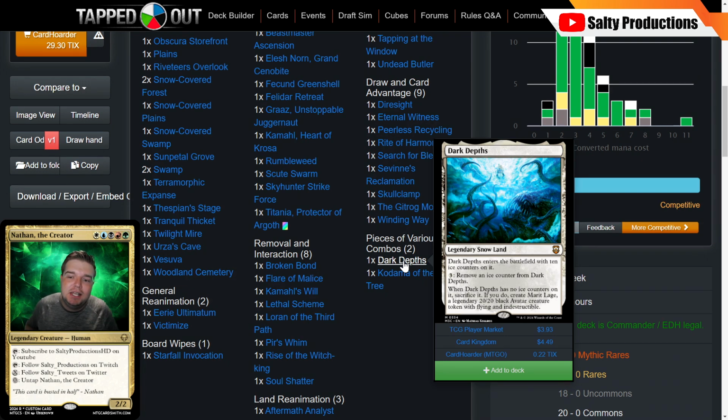So if you actually, for some reason, if we don't have our Field of the Dead on hand, we can tutor for Dark Depths. And then if you have any land that will enter as a copy of